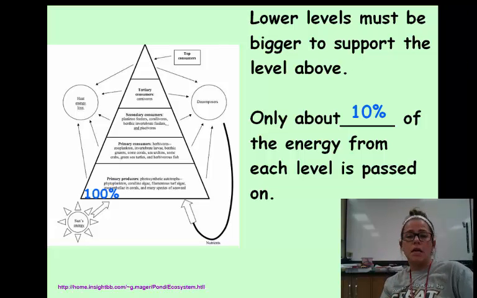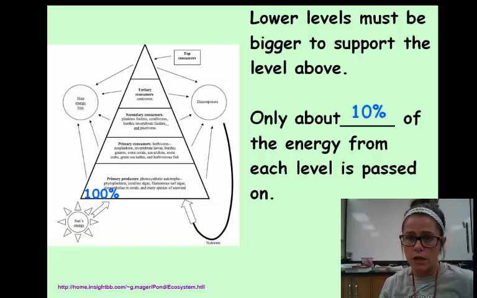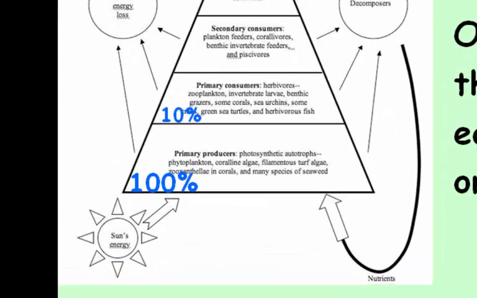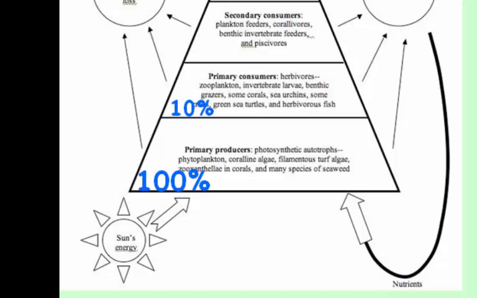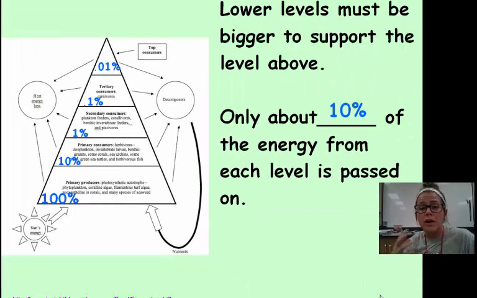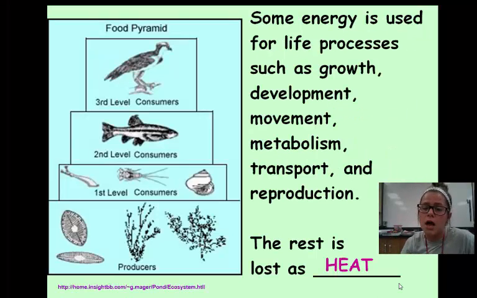The energy from the sun is the direct source of energy for all life on Earth. It donates 100% of its energy to the primary producers. Then the primary producers can only pass on 10% of the energy they have. After that, only 10% of the energy that the primary consumers have can be passed on to the next trophic level, so that's 1%. As you keep going up, you only pass on 10%, so you lose 90% of your energy. Where it's transformed and then lost to the atmosphere is via heat. Some energy is used for life processes, but the rest of it is lost as heat.